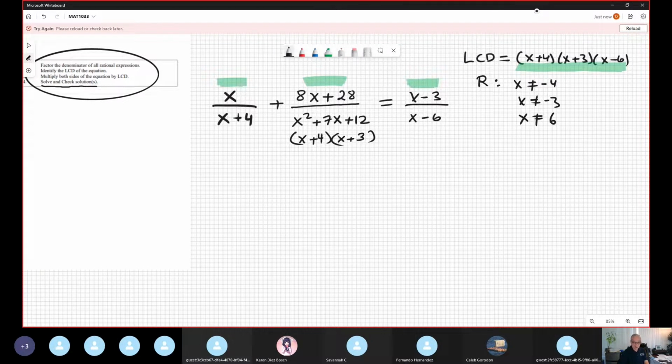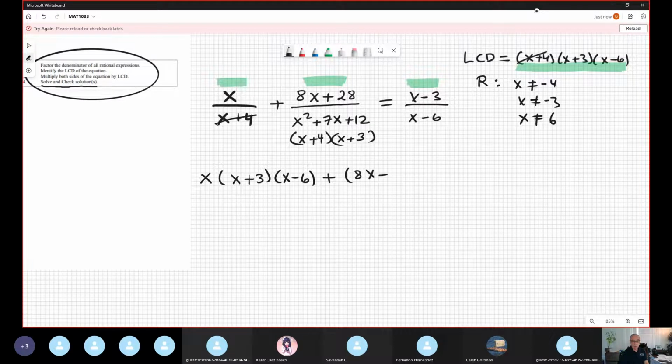Therefore, when you multiply, we have x, and this x is this, times the other factors that belong to the LCD and are not in the denominator of this fraction, because this and this cancel, at least in this part, no? x plus 3, x minus 6, something like that, plus